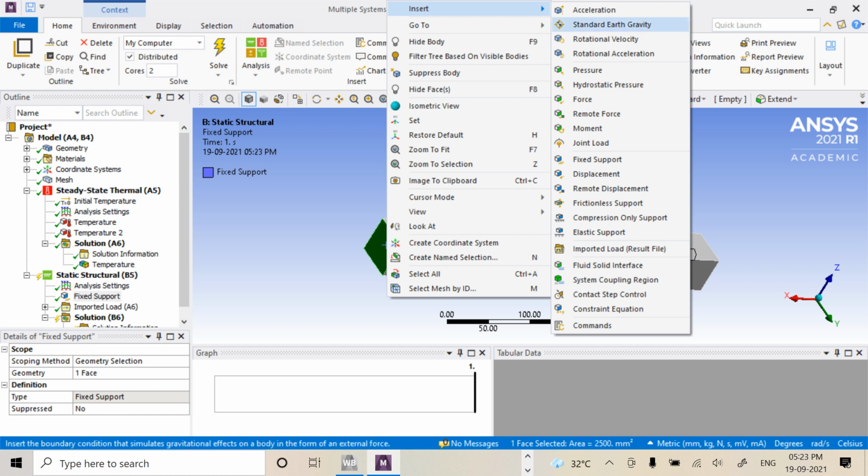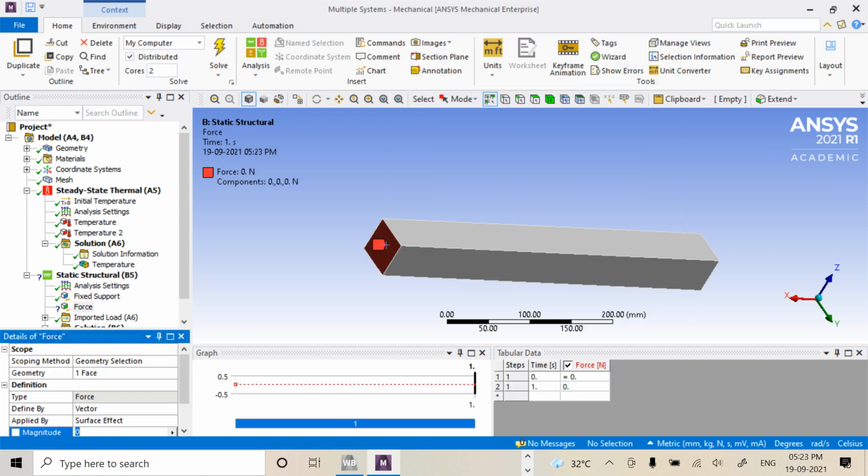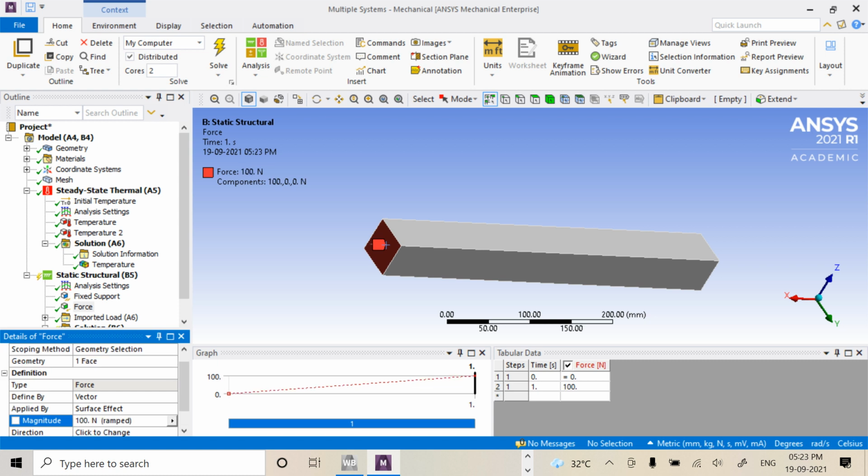We're going to click here, right click, insert, force. So in force, if we go down, you can see the magnitude over here. So I'm going to give it as 100 Newton. If we give enter, it will show. So the force is along the x-axis. It is the positive x-axis, therefore we are giving it as 100.